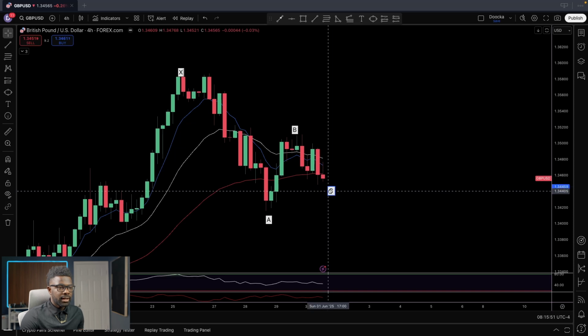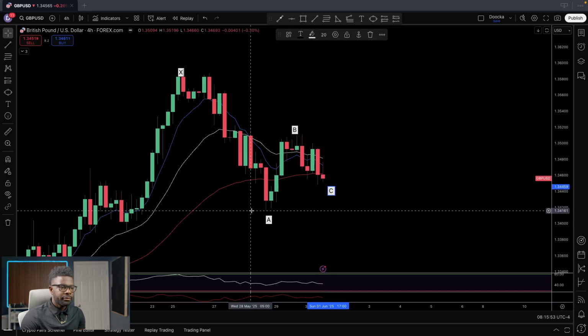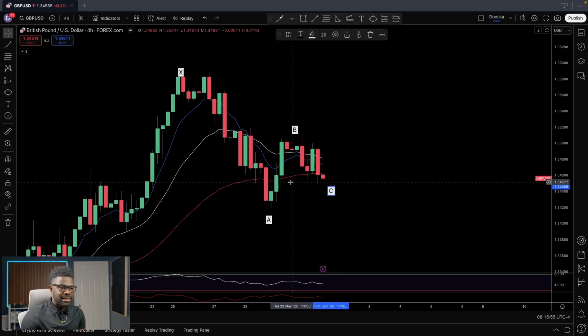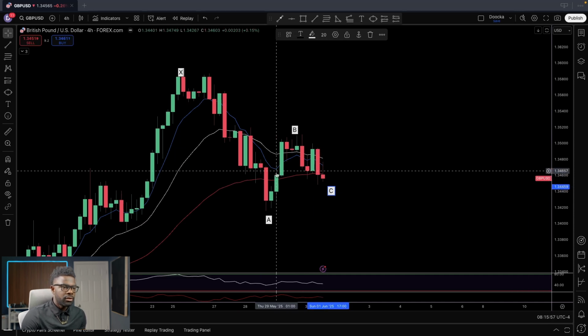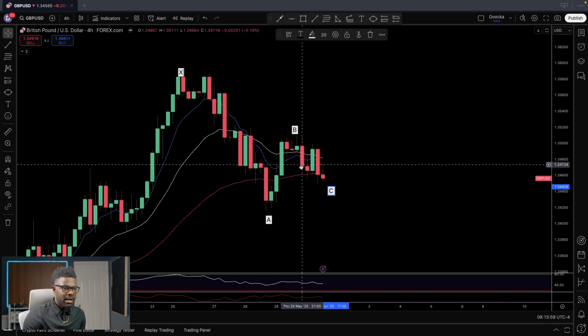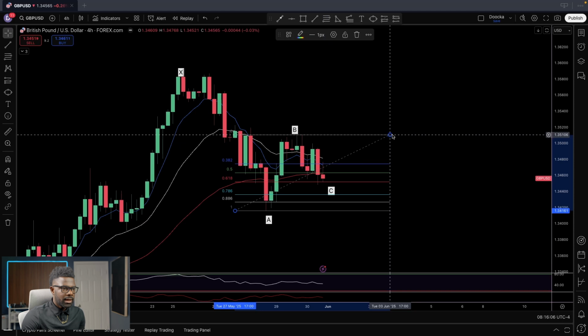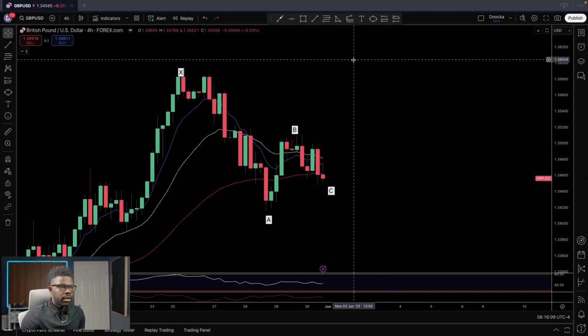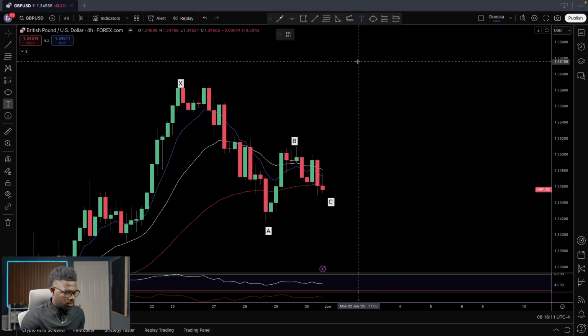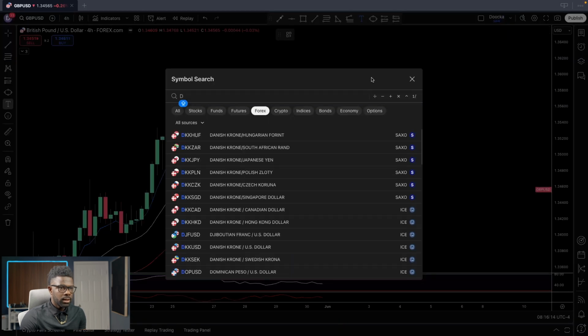So to find a C leg, we must draw a Fibonacci retracement from A to B. The C leg must at least touch the 382 retracement, which we might have had from that candle there. I'm going to draw that for you again. Yep, so we had that from that candle. And then to get what would be our D completion here,